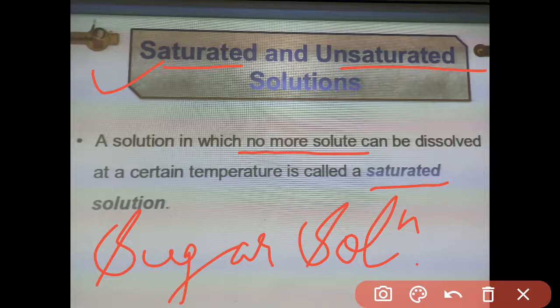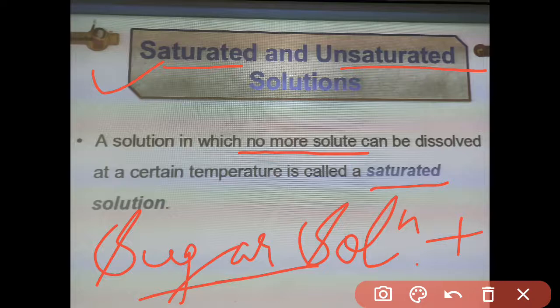So you see that whenever you try to dissolve sugar in water, we keep on stirring the water, and after some time, say like 3 or 5 minutes, the sugar gets dissolved in water. You have tried this in your solubility test also, the activity which you had performed. So the sugar gets dissolved in it after some time. But what will happen if after the dissolving of sugar you add more sugar? After adding more sugar and then stirring it, it will again get dissolved. The sugar will get dissolved again.